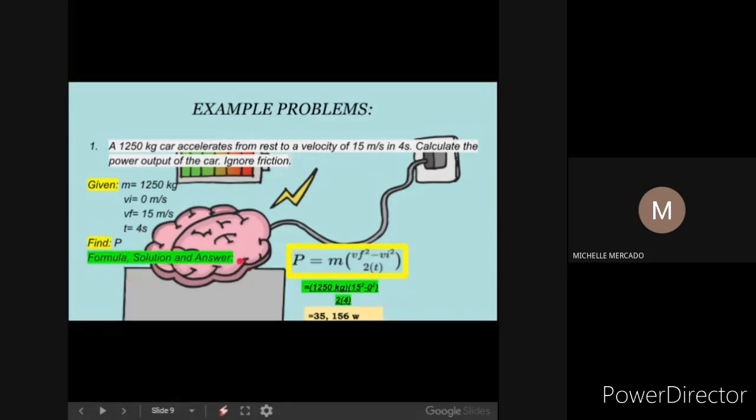Okay, the formula, solution, and answer. So, the formula that we're going to use is this one. Power is equals to mass multiply by the final velocity squared minus initial velocity squared, divided by two multiplied by the given time. So first, you're going to multiply the constant 2 to the given time bago mo po siya i-divide sa ating final velocity and initial velocity. So 1,250 kilograms